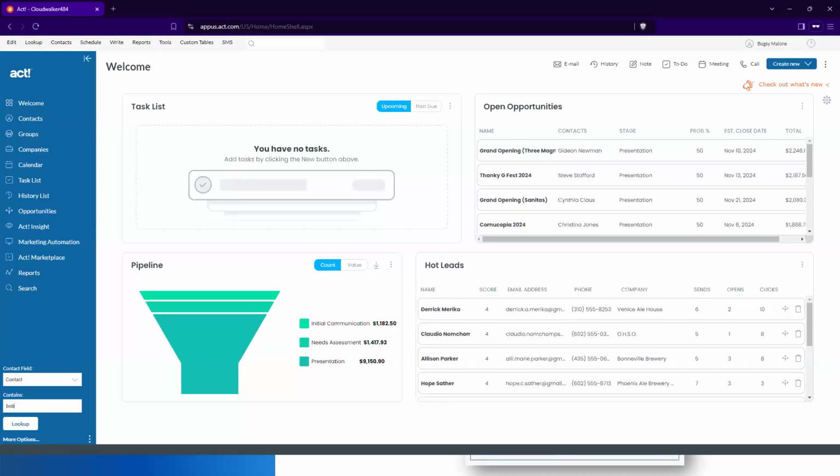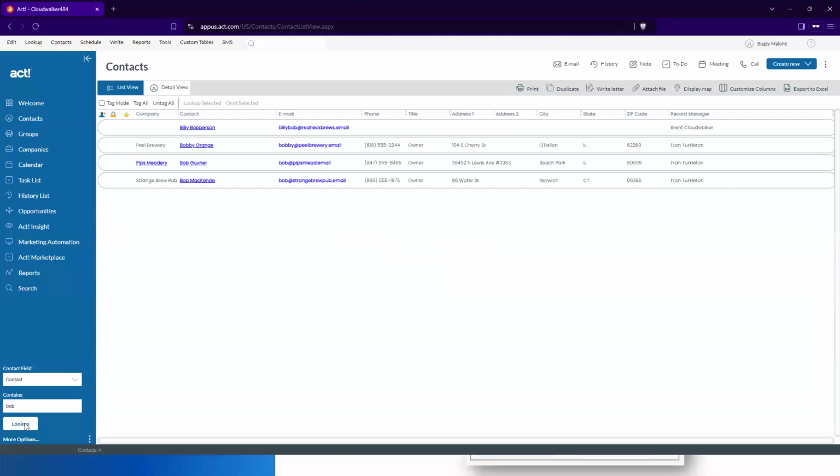I'm going to do a quick search for Bob, and this will locate any contacts I have whose name is Bob. There's only 4. I don't see Bob McKenzie here, and that's good because, wait, no, here's Bob McKenzie, but it's spelled differently. Oops, I already did that name. But the one I just created, Bob McKenzie without the A, is not showing up here because Bugsy is not part of the Canada team. So that Bob McKenzie record won't show up in any searches, and it won't show up in any reports as well. And that record is pretty much hidden from anybody who's not a member of my Canada team.